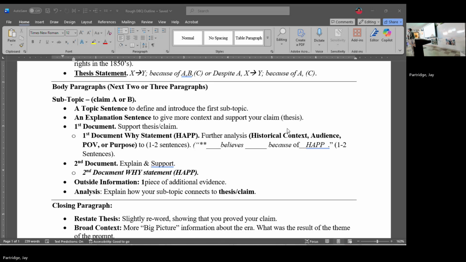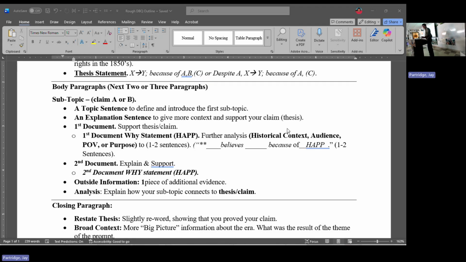Yes. Say it again. You can mention the 14 points. That's a good example of outside information. Now, you don't want too much on it. You need about 3 of those things. Wilson probably writing the 14 points. Something like that. And then, last sentence, some kind of further analysis, explain how it proves your thesis. Do that twice.